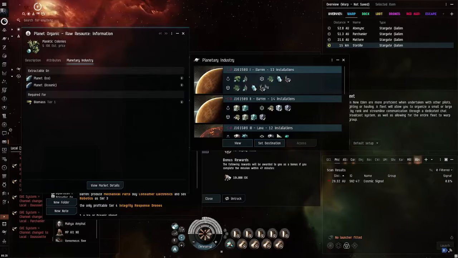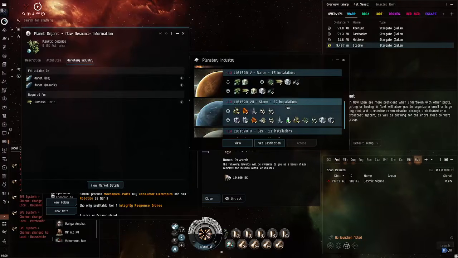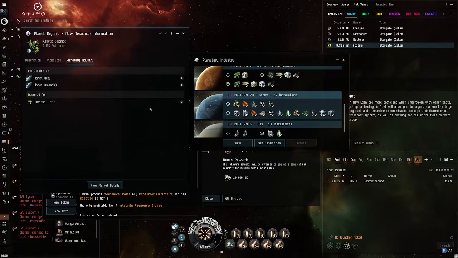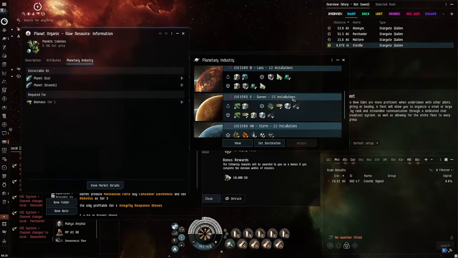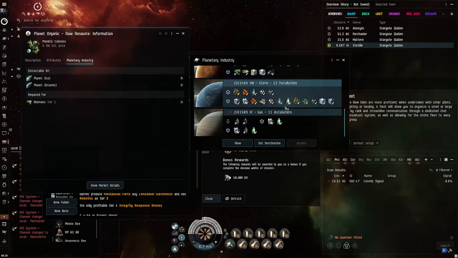For example, I have all the mats that I need, and if I would need biomass, I would have to have a separate planet just to do biomass, which is not worth it. And that's why you buy it, so I can actually finish all the mats that I require for the fuel,